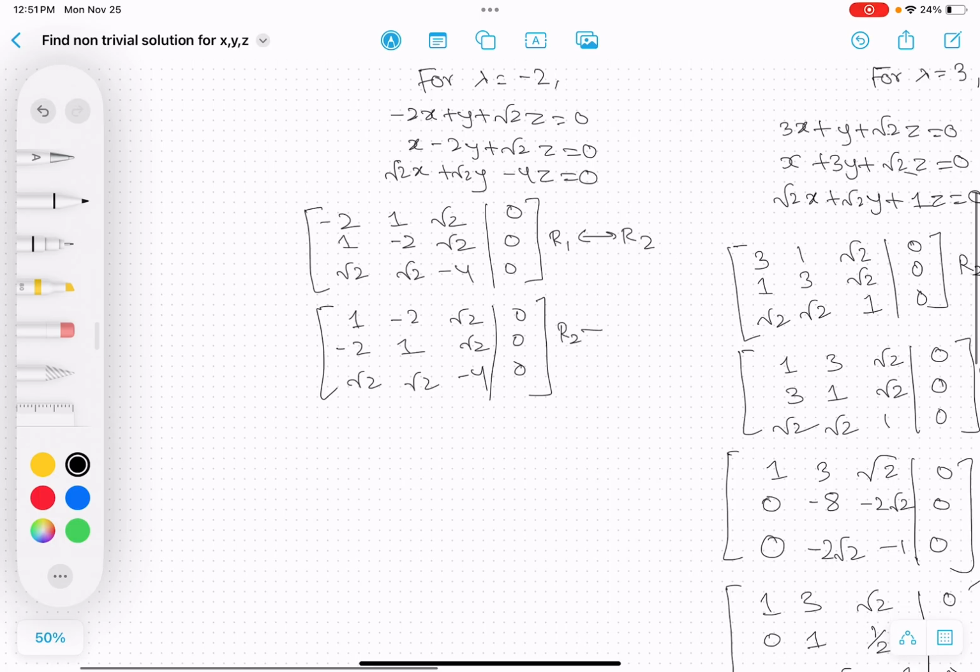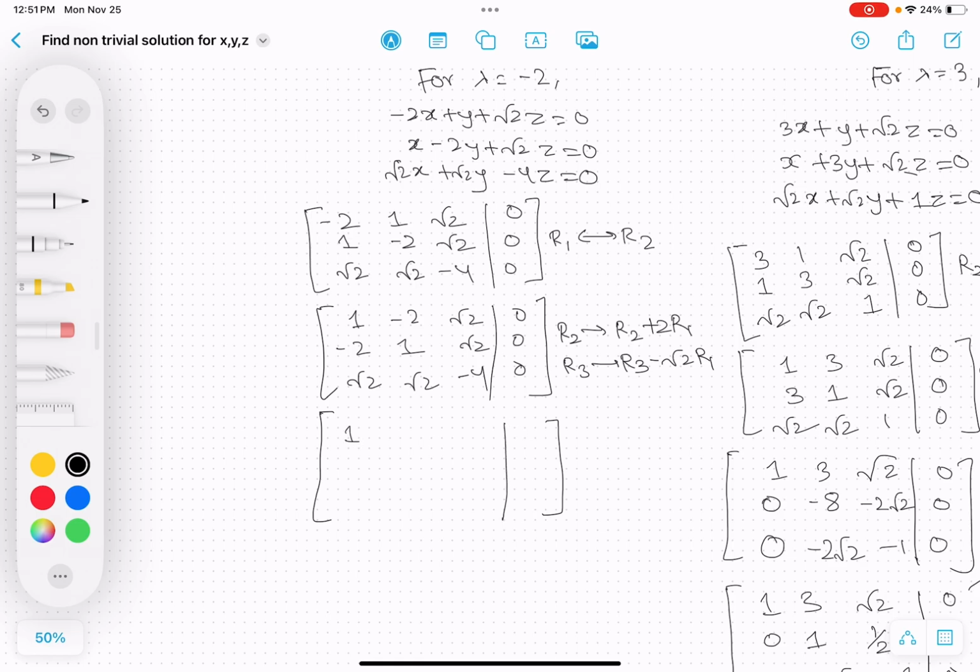Row 2 to be equals to row 2 plus 2 times row 1, and row 3 to be equals to row 3 minus 2 times row 1. Okay. So now if I do that, this should just be